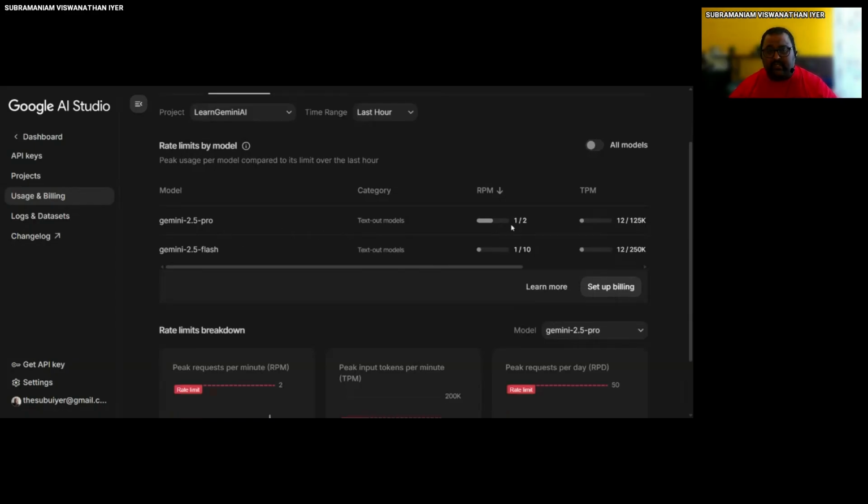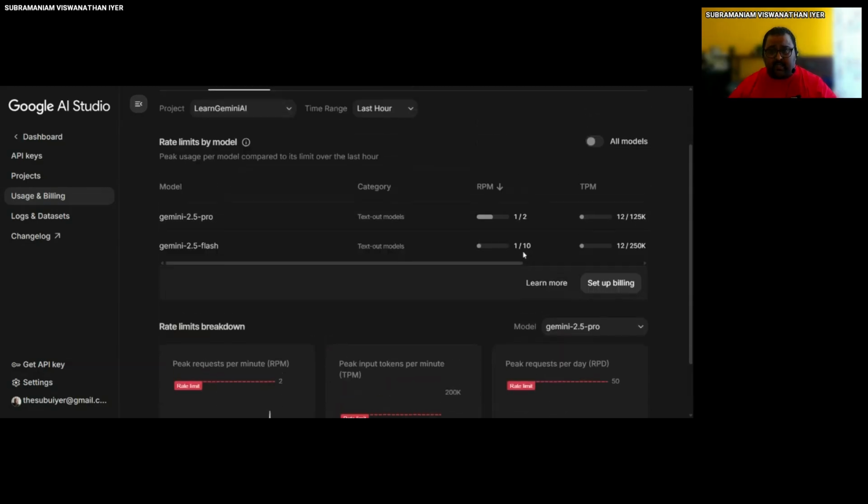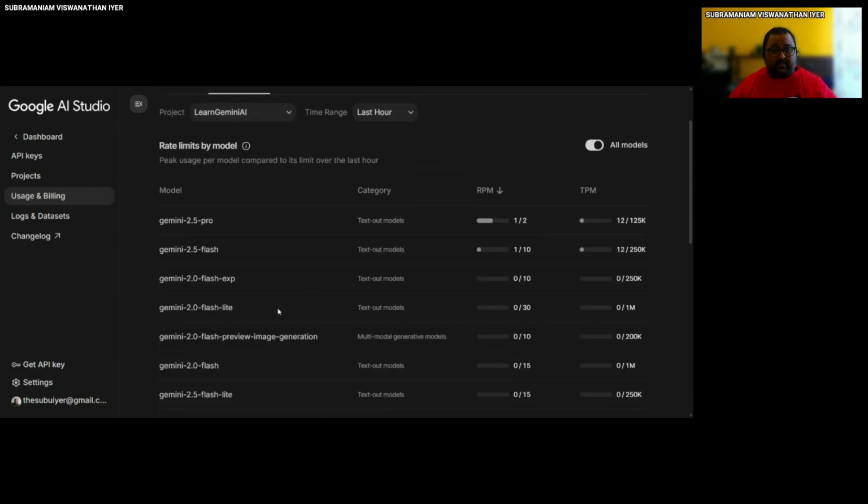So the Pro is limited to two requests per minute. The Flash is 10 requests per minute, but you do have many more, right? You have Flashlight, which is 30 requests per minute, and does a fairly decent job. You have 2.5 Flashlight, which is also 15 requests per minute, and about 225,000 tokens per minute, which